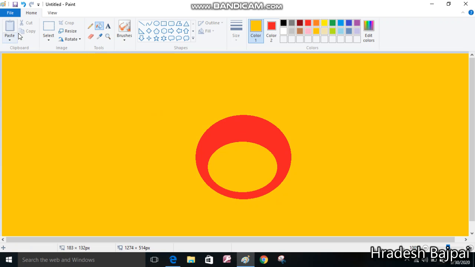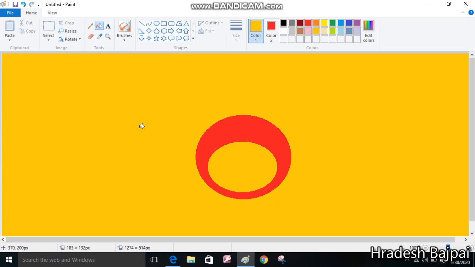How has it happened? I have chosen this color picker tool, I click on the yellow color, so that tool has picked that yellow color, and wherever you fill now, the same color will be filled automatically.